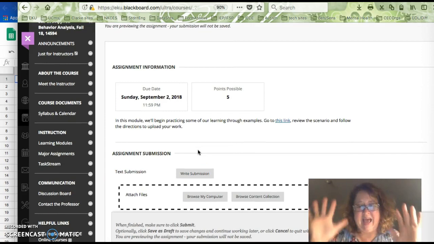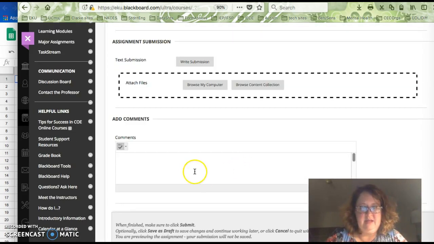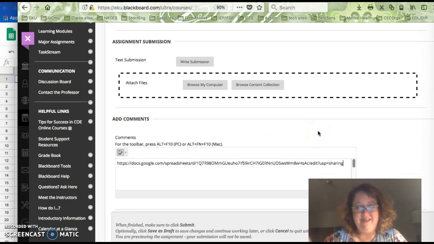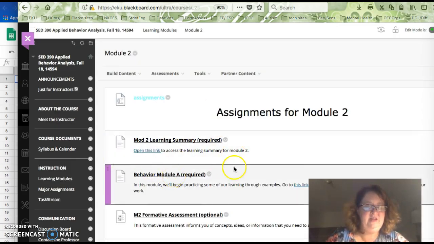Now some of you are like, but I didn't do any work yet. It's okay, because Google Docs automatically update. So even though I'm submitting my link now and I haven't actually done the work, I'm going to do the work in the next few minutes before the due date, but I've already submitted it, so I don't have to worry about that step. So once you click on submit, and it will absolutely work for you, it won't work for me because I'm logged in as an instructor, then that part is done, and then you can go back and finish all the steps.